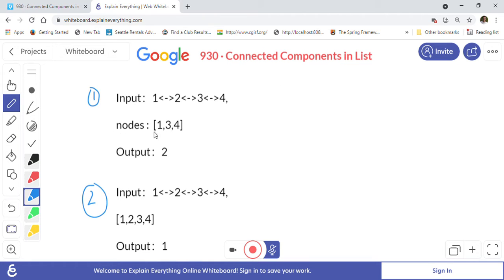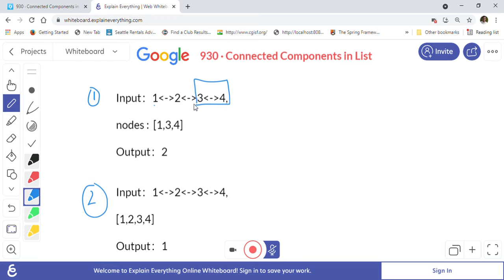And they have given us the nodes array. So 3 is connected to 4, like that basically. Looking at these nodes, you can see that 3 and 4 are connected, so they form one component.